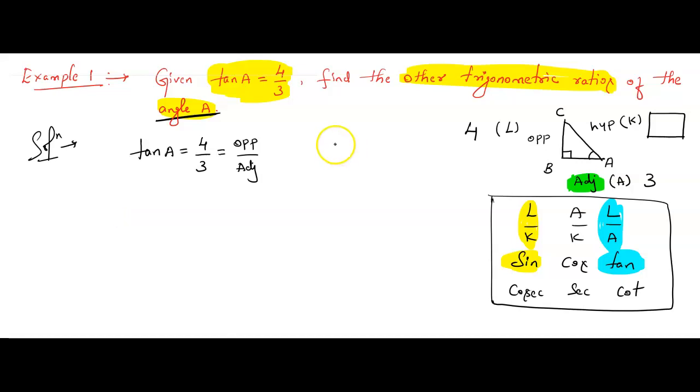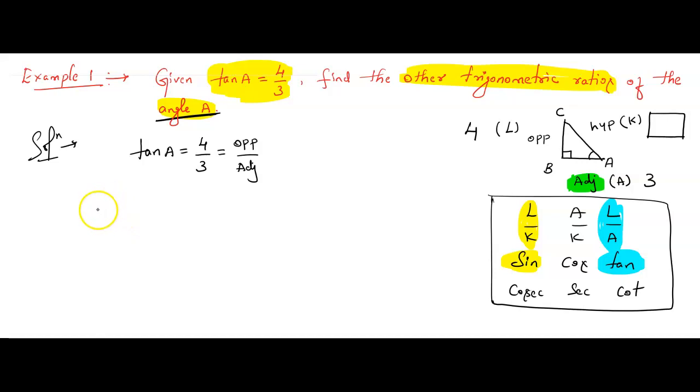Remember, condition number 1, you should know all the formulas. Next, step number 2, you should know all the three sides of the triangle. Then only you have to start solving the problem. You should know all the three sides and you should know all the formulas. So these are the two basic things before you solve any problem related to trigonometry. Understood?